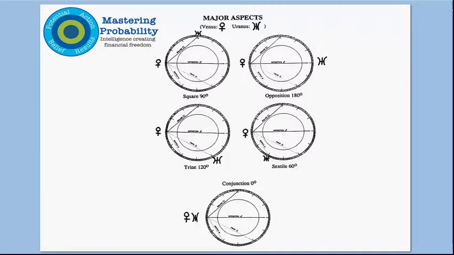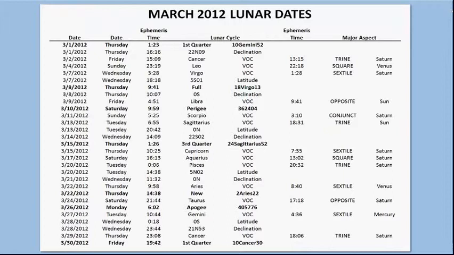There are 5 primary major aspects, angles, I'll say, between planet alignments that we take a look at: the square, opposition, trine, sextile, and conjunction, when the two planets are in alignment with each other. Again, please go back to the prior webcast where I speak about those. I don't want to do that in each and every session.